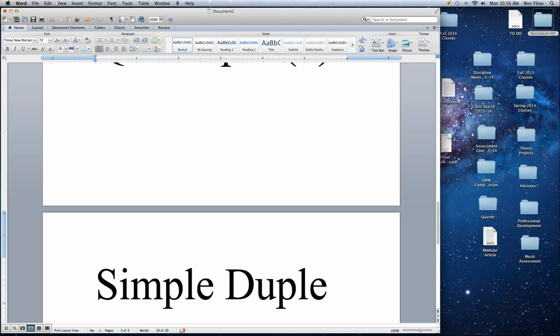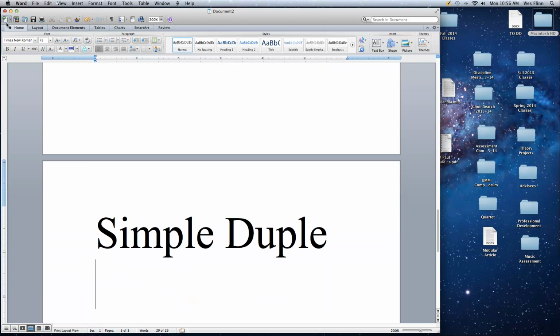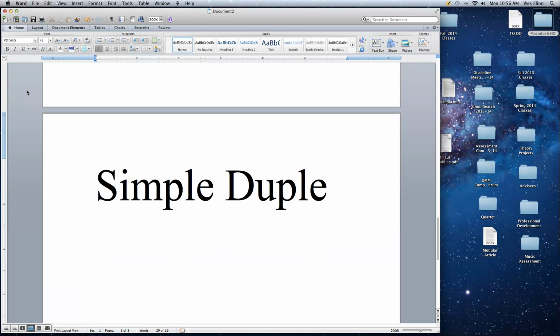So simple duple means that we have 2 beats and then we repeat the process. So 1, 2, 1, 2. That might look something like this. There's 3 bars of simple duple.